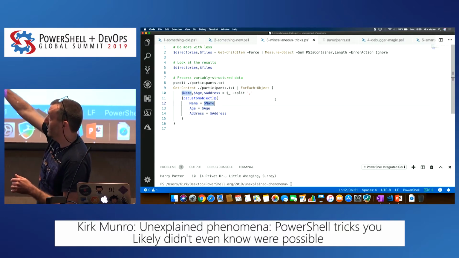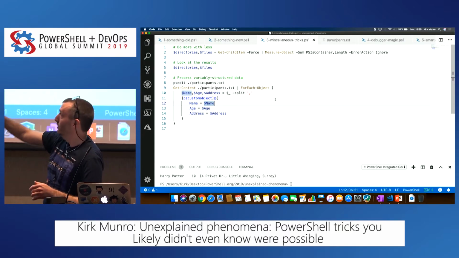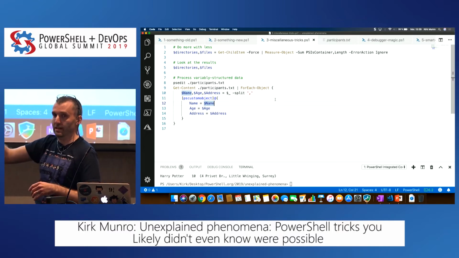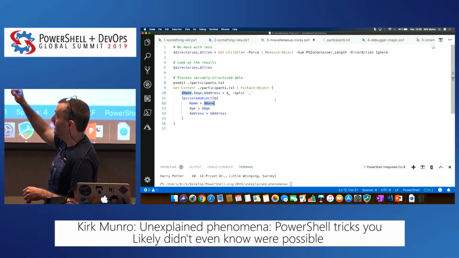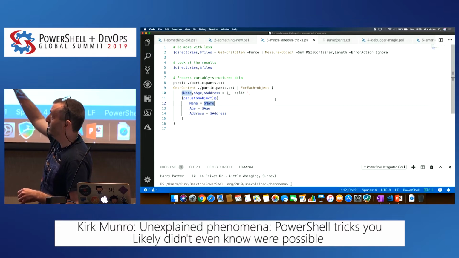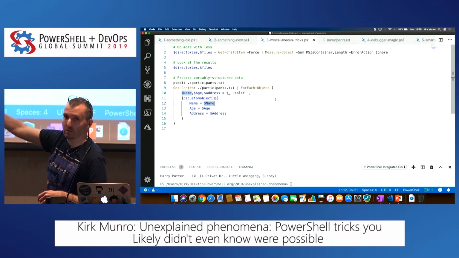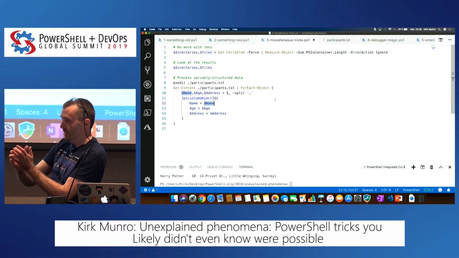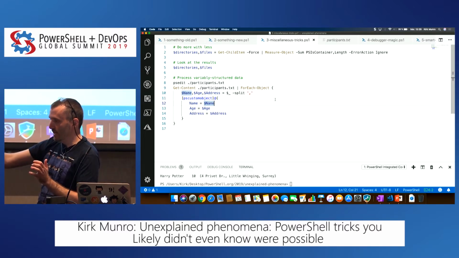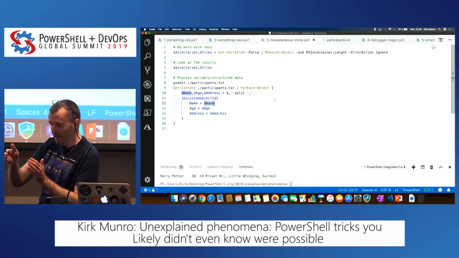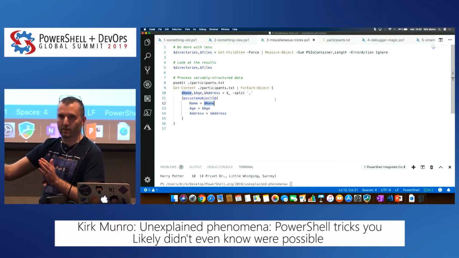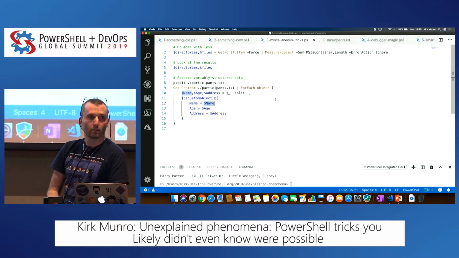For the address part, I get more than 3. So the first one goes in name, the second goes in age, and then everything else goes in address. If I had less, so if I only got back 1 item, files would be null, right? In the first example, because I only get back 1. So you're taking a collection of objects coming back and basically drawing a line saying item 1, item 2, everything else, that kind of processing. Other questions?